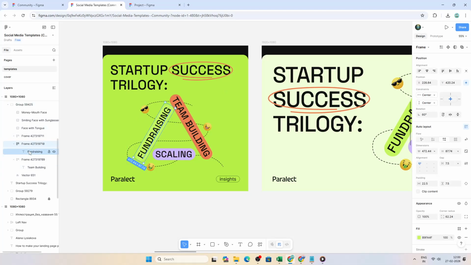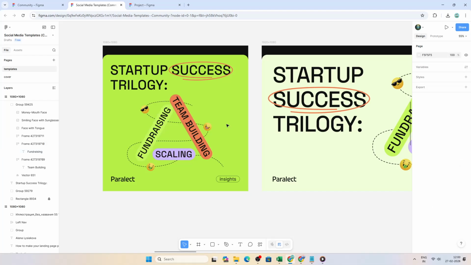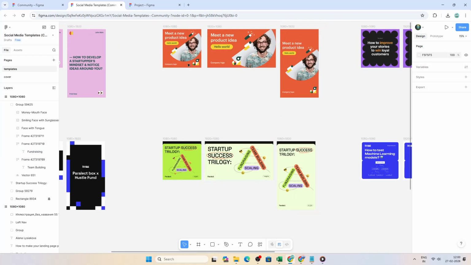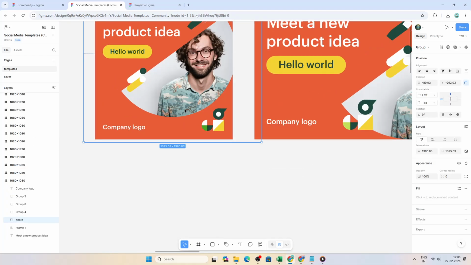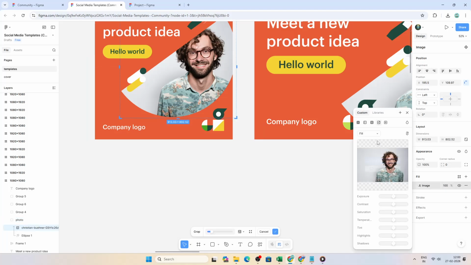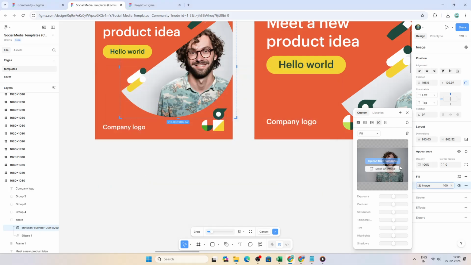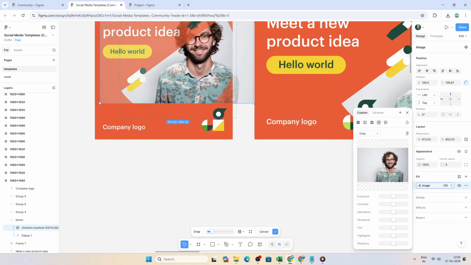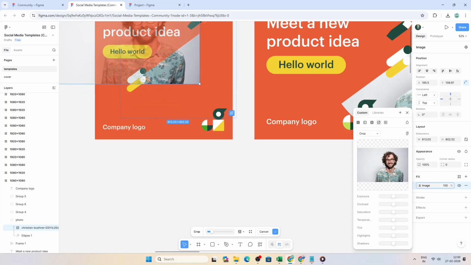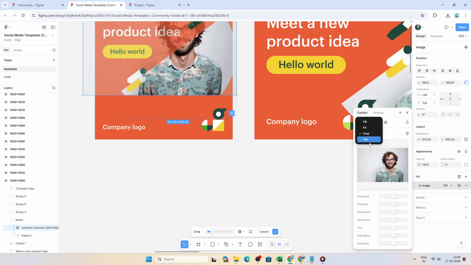Next, swap in your own imagery. Double-click any image placeholder to select it. Many templates use masks, which shape your images into neat crops. You can drag and drop your photos right onto those masked areas. If the crop needs a tweak, use the Adjust or Crop controls to reposition the image so it feels balanced